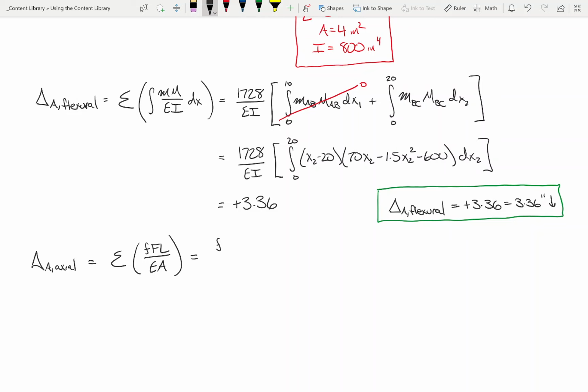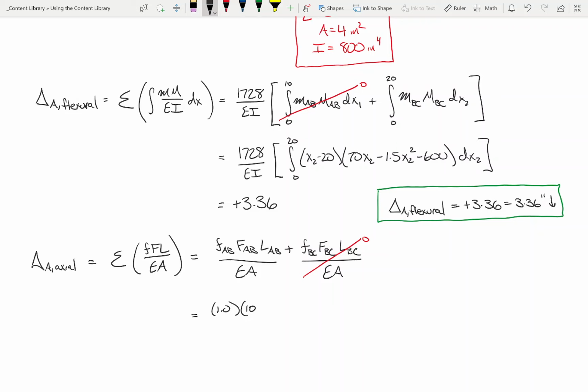So we're going to have little f, big F, L plus little f, big F, L, each over EA. And I'm writing them each over EA. I mean, technically it's all one fraction, but if EA changes from member to member, you'd write it like that. And by the way, this fraction is 0 because that one force was 0. So all we've got to do is 1.0.